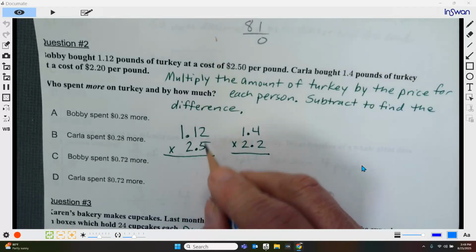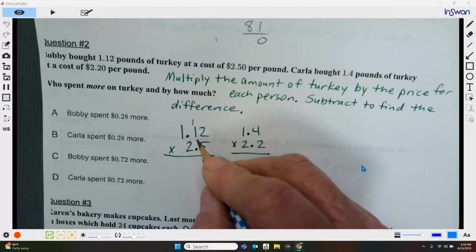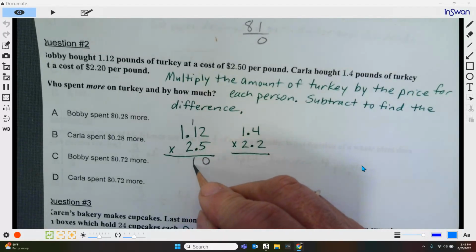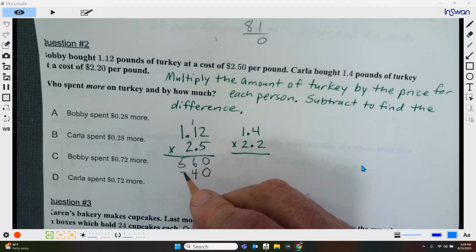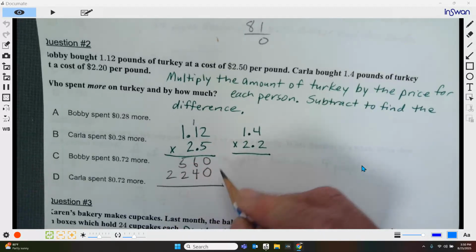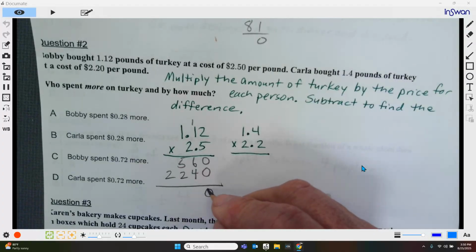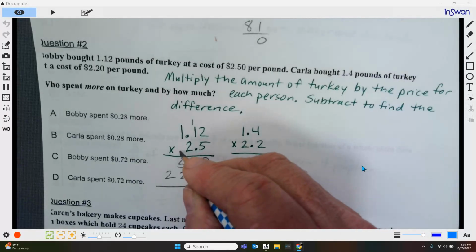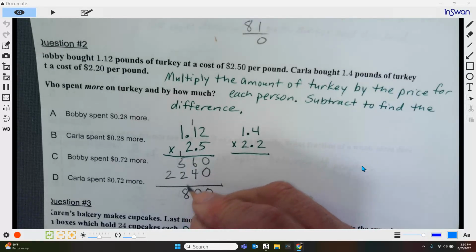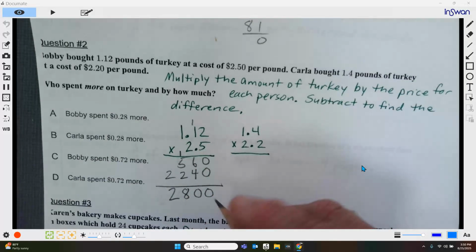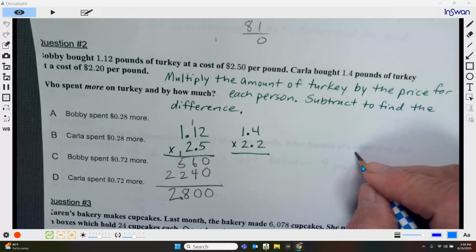So 5 times 2 is 10, carry the 1. 5 times 1 is 5, plus 1 is 6. 5 times 1 is 5. Put our placeholder 0. 2 times 2 is 4. 2 times 1 is 2. 2 times 1 is 2. So we add 0 plus 0 is 0. 6 plus 4 is 10. Put the 0 down, carry the 1. 5 plus 2 is 7, plus 1 is 8. And then 2 plus 0 is 2. And we have 1, 2, 3 decimal spaces. So you start here and move your decimal 1, 2, 3. So that one is $2.80